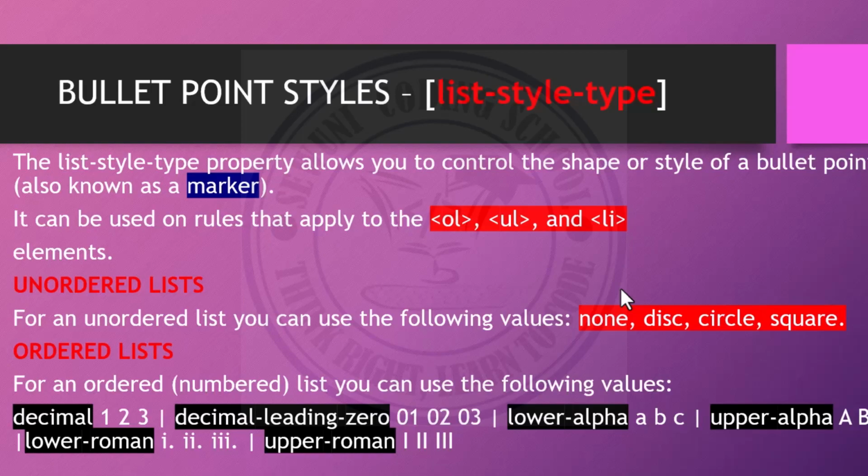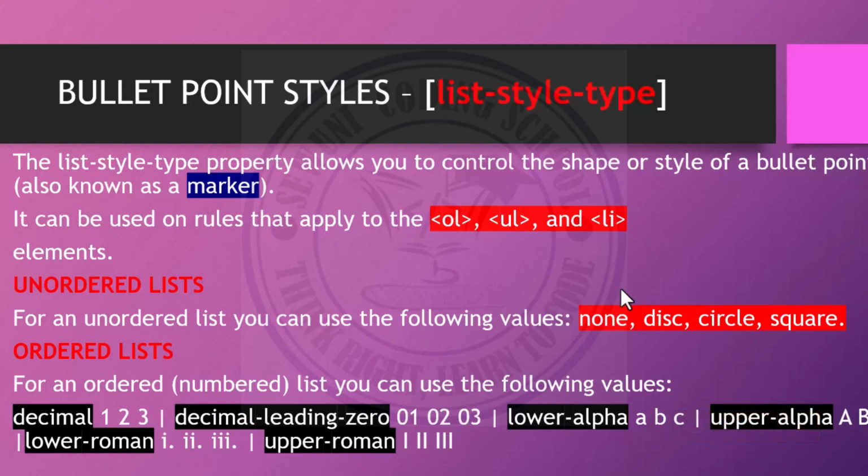Okay, unordered lists. For an unordered list, you can use the following values. You can use none, you can use disc, you can use circle, and we can use square. That is for unordered list. Now for ordered list,